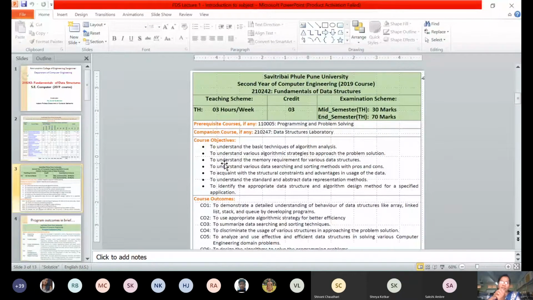You might have studied in first year that memory can be allocated in two ways, that is static memory allocation and dynamic memory allocation, right? Now what happens in static memory allocation? Let us consider a very real life example. Say you want to buy a t-shirt. You will visit a shopkeeper and your budget is only 500 rupees. So you have carried only 500 rupees with you. You will visit a cloth shop and ask the shopkeeper to give me a shirt which costs around say 500. Okay, so your budget is static.